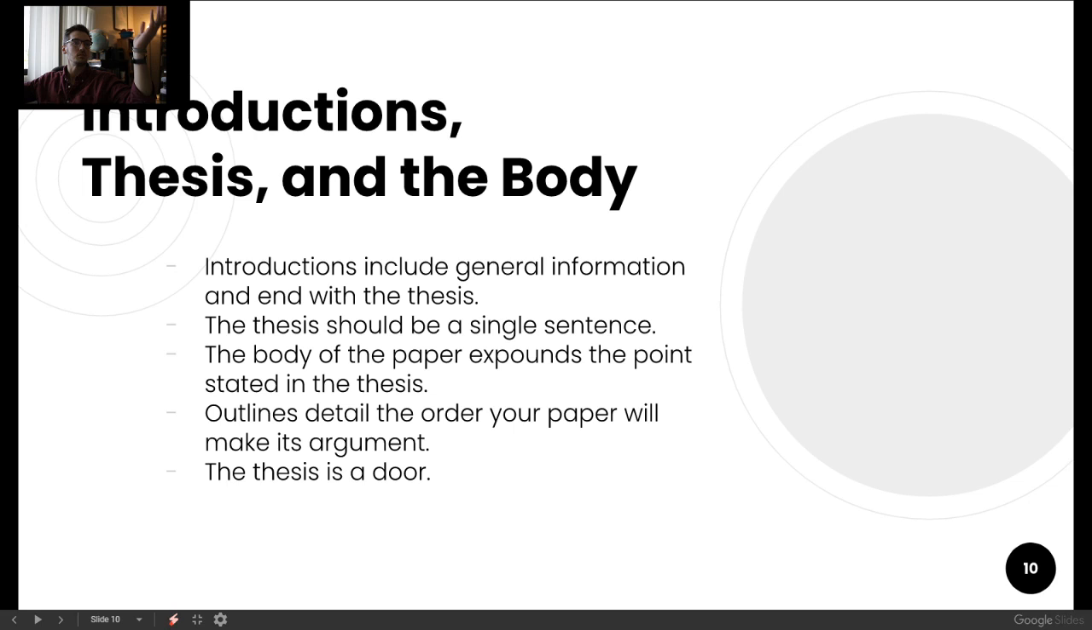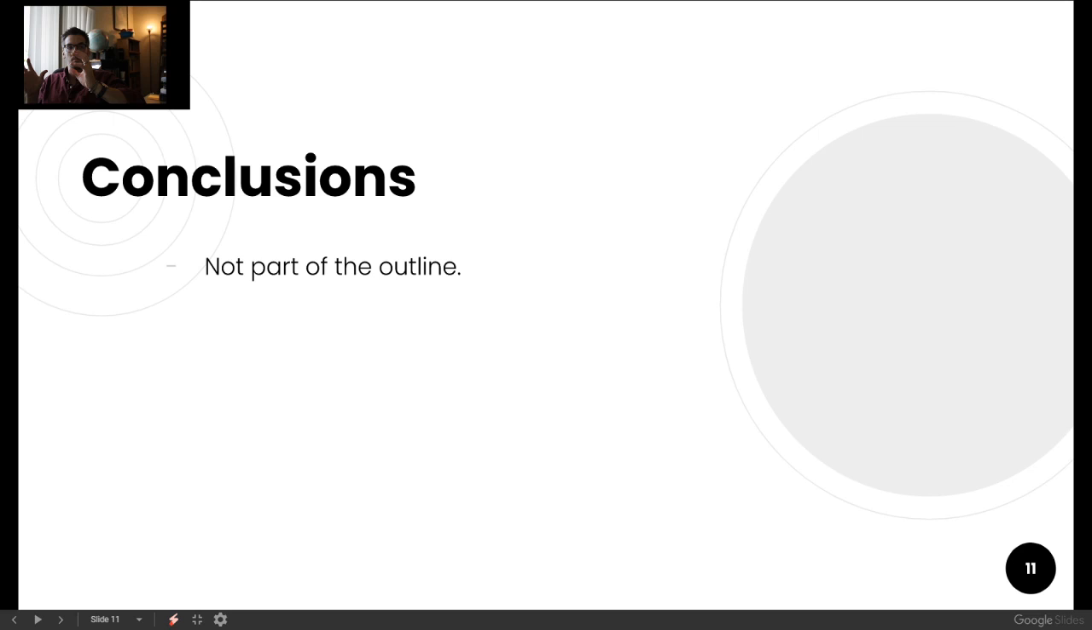Conclusions are not part of the outline either. Like I said, when you write your outline, it needs to be points that you've made that are based on your thesis. Your introduction and conclusion do not appear in your outline because it's just a given. You have to have those